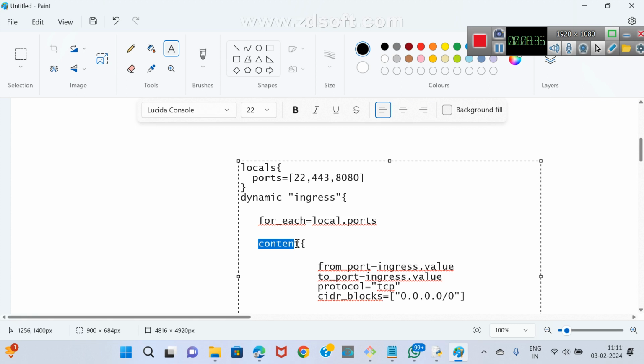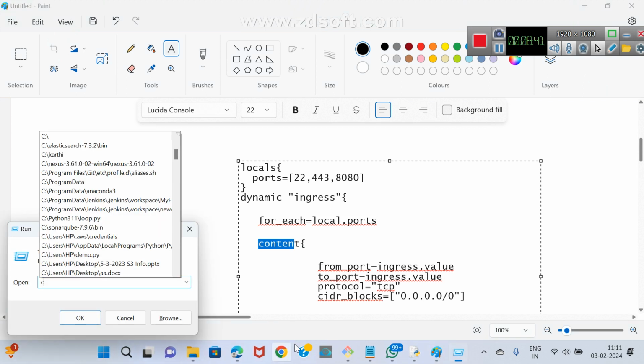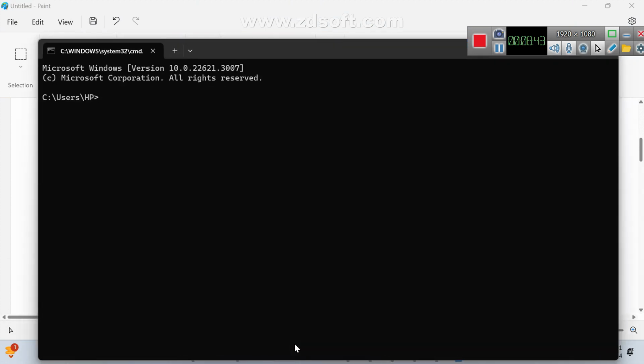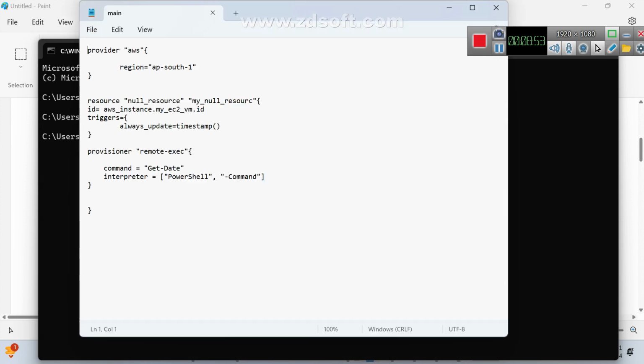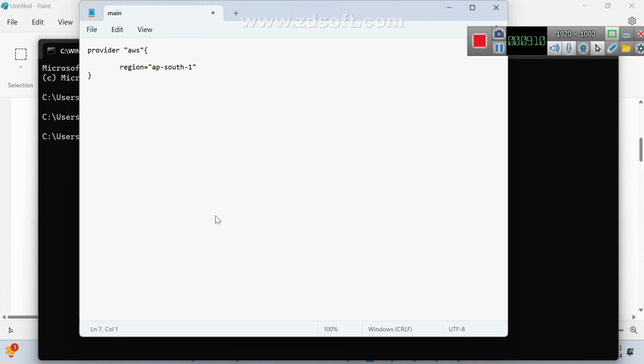Yes, sir. Good. Now I'll go for an example. In Windows, open CMD and go to the directory. Enter. Maybe Notepad, main dot tf. I wrote this one before, but nothing is there. Okay, leave it. I may write it from scratch. You know how to write from scratch. Now see here, I'll quickly guide you through what I wrote.